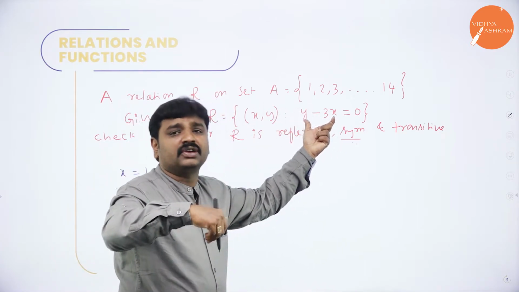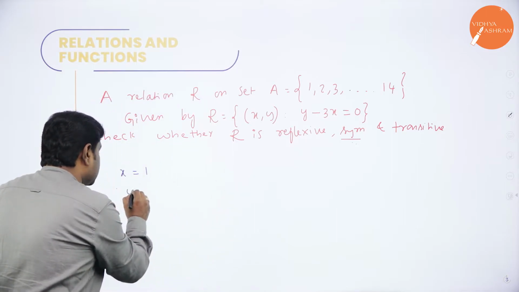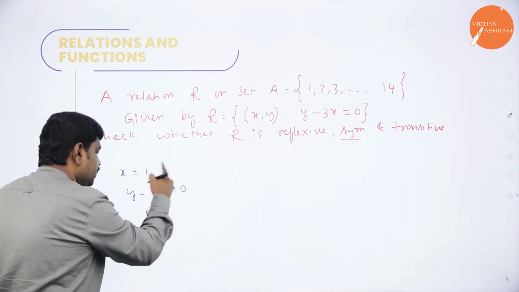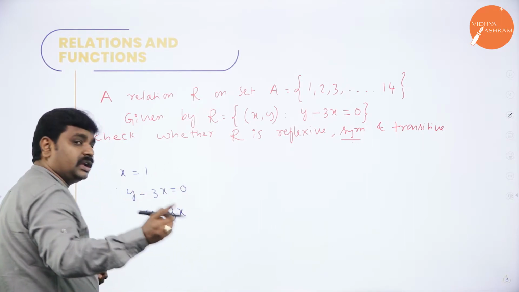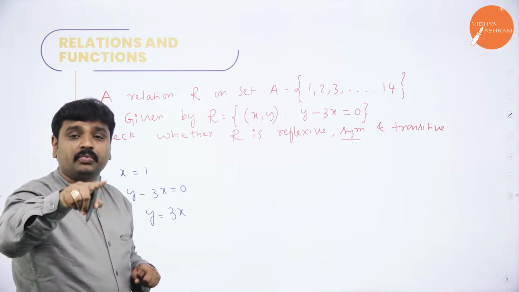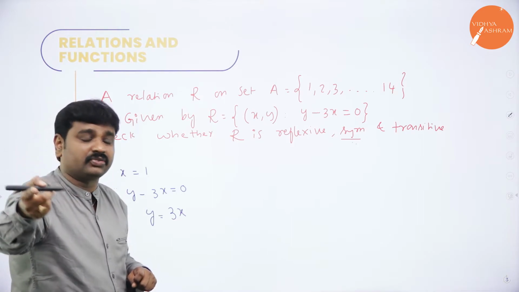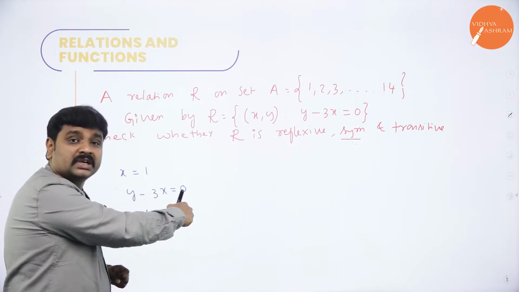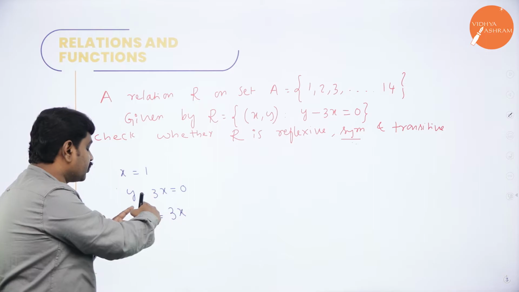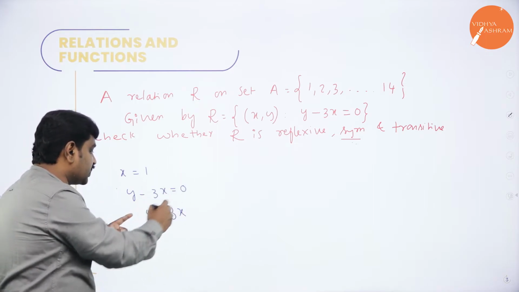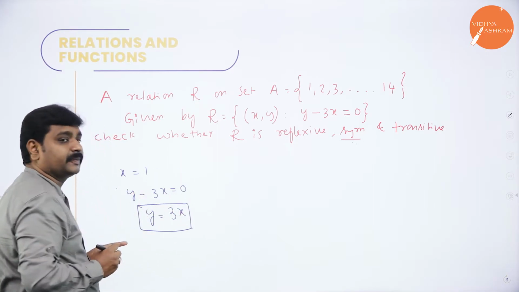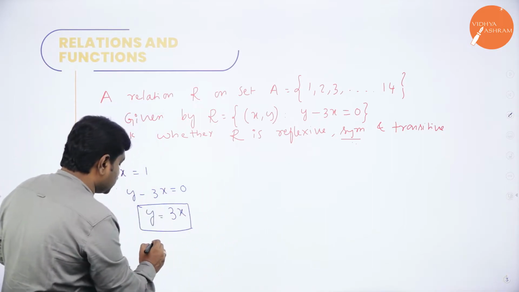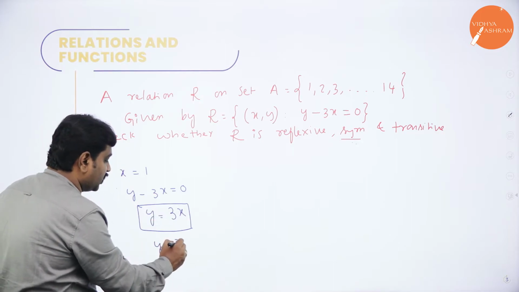So they gave y minus 3x equal to 0. From this, what is y? Rearrange. y is equal to 3x. In the last problem, directly they gave b is equal to a plus 1. The second element is the first element plus 1. But now they gave an equation y minus 3x equal to 0. Rearrange this equation and get y. So y minus 3x equal to 0. Transfer 3x to that side. y will become equal to 3x. When x is 1, y is 3x. Now I will write the relation. So when x is 1, y is, in the place of x put 1, 3 ones are 3.